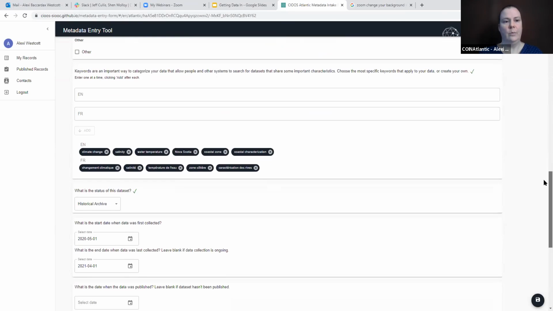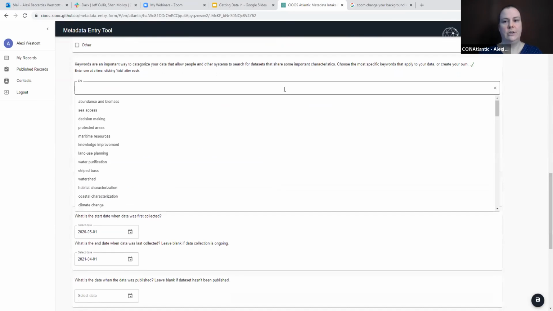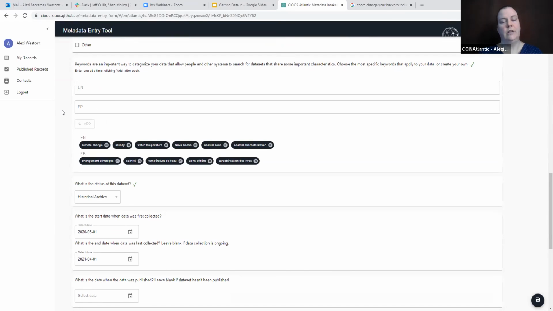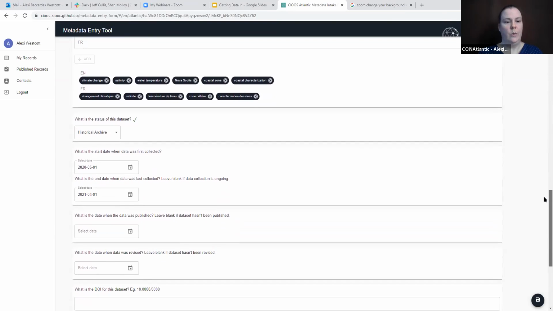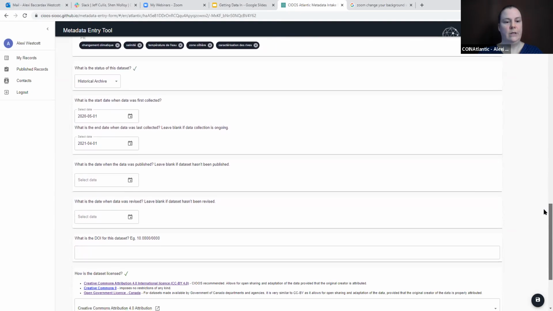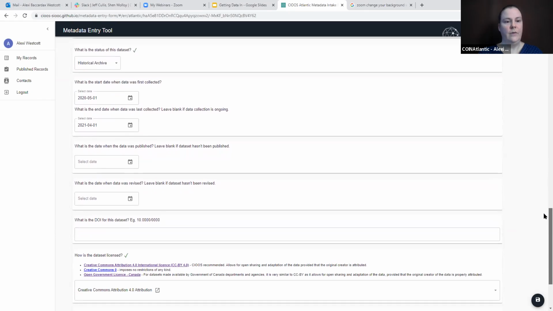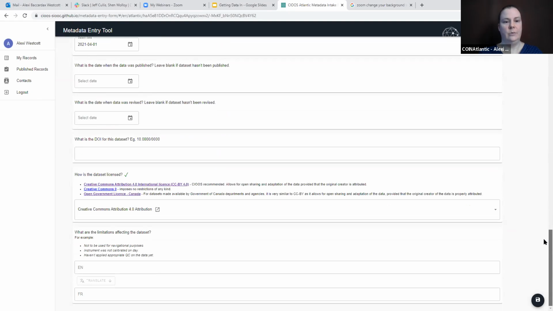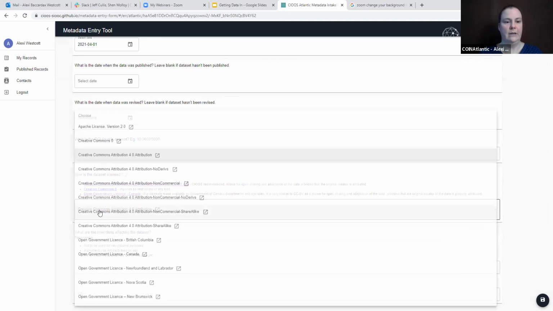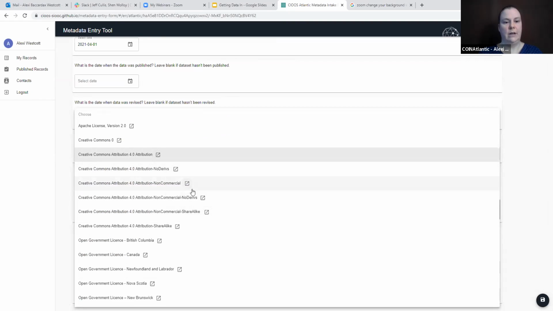And then here we put in keywords. You can click on the box and it shows you keywords, but if you don't see what's relevant to your data set there, you can put in your own and add them. Then it has a few more questions at the bottom of this tab about when the data was first collected, when it was published, and if it was revised. It allows you to put in a DOI if that's relevant, and it asks you to choose a license. I don't have a lot of time to talk about licenses right now, but it gives this list, and it gives you those squares with the pop-outs again. It'll open another window and describe